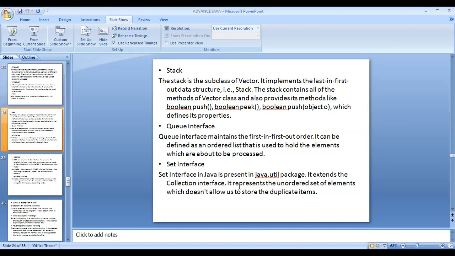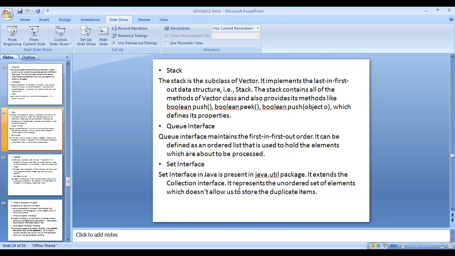The stack contains all the methods of the vector class and also provides methods like push, peek, and pop, and there are some other properties also.